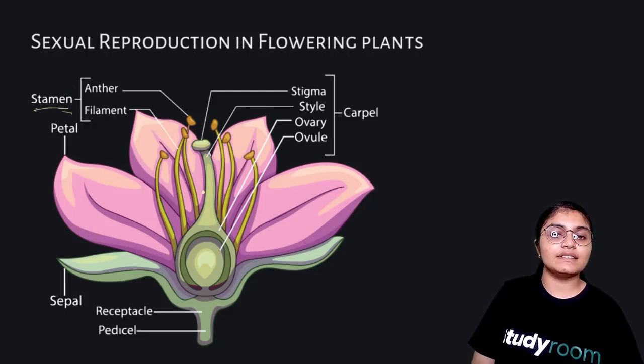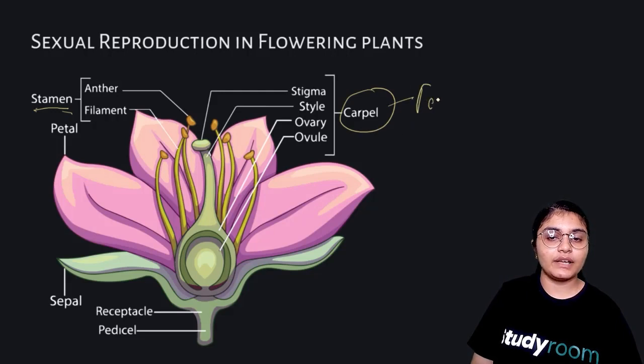Okay, and this whole portion, the carpel that you see, this is the female reproductive part of the plant. These are the sepals that are the supporting organs. They protect the whole flower, and then these are the stalk or the branch that connects the flower to the